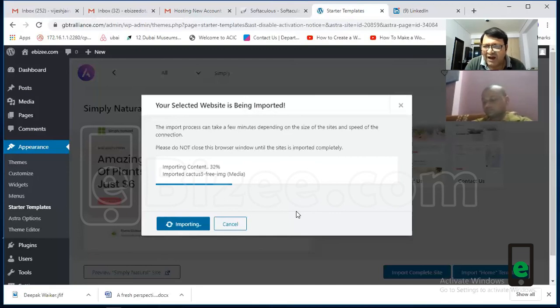And I have chosen Simply Natural, but you can search on the net. There can be some other house designs also. But let me tell you, you will not need to take any further design, because within this house also you can make a lot of designs as per your need.